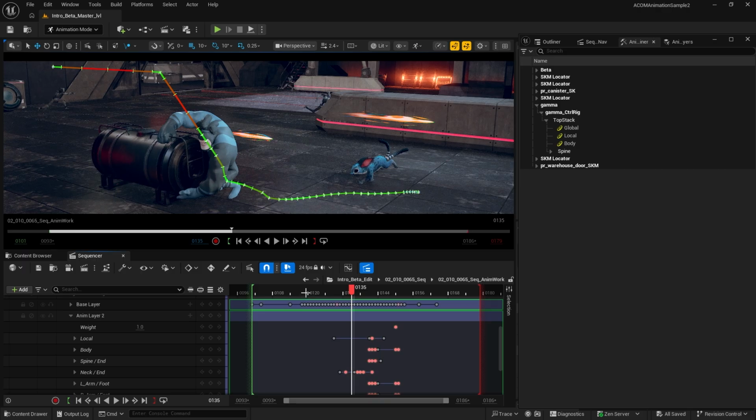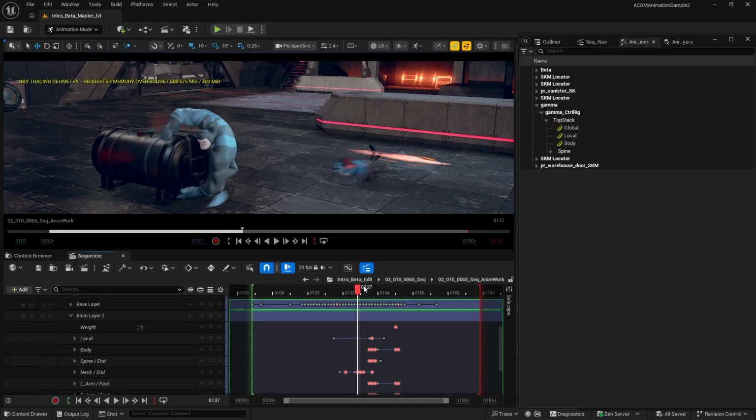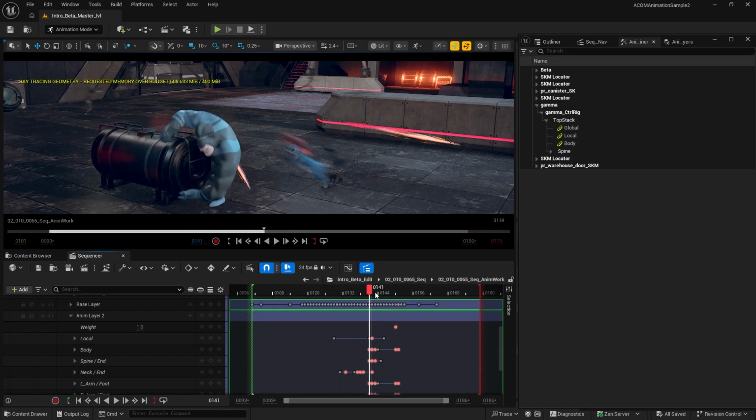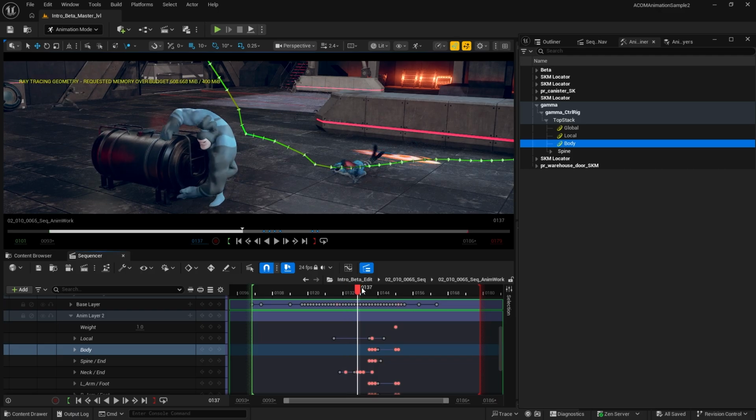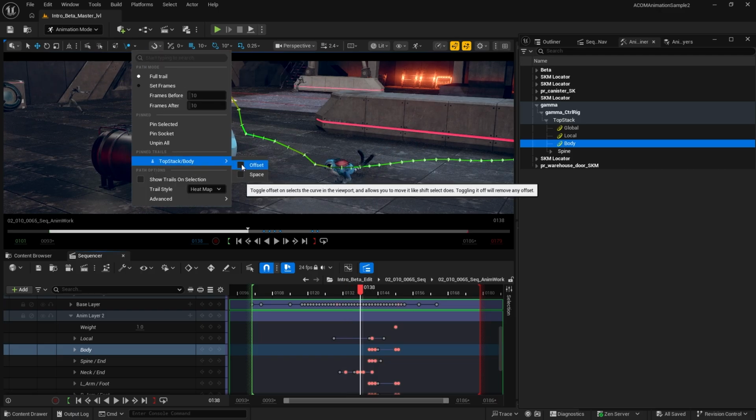And once you rescrub it from your time cursor, your original motion trail will come back. It requires a few seconds. I think it will be back in a few seconds. Additionally, you can also come back to here, top stack body, and click offset. And that way you can also adjust some offset distance from the character.